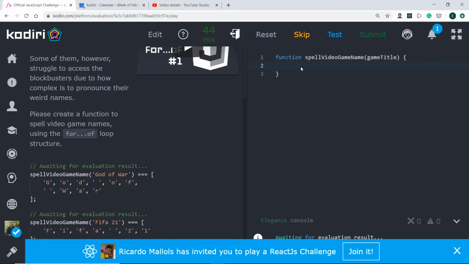Okay, so we had the for of. So it's going to iterate on each of. So we have a string, so it's going to iterate over each character of the string. So we have to define, let's call it character, of game title, and then